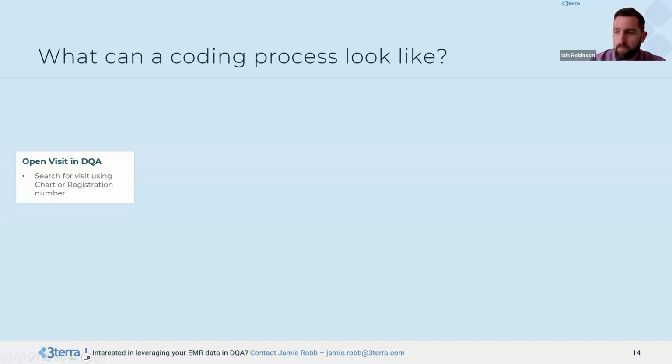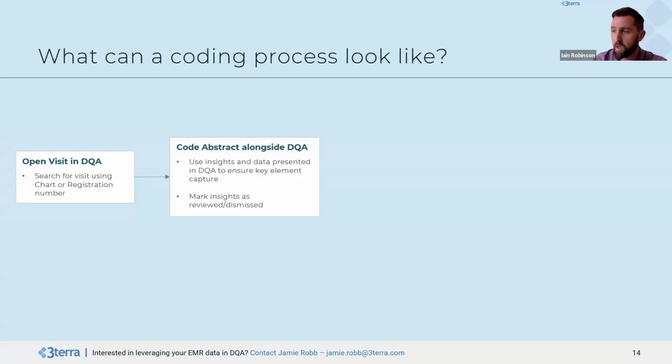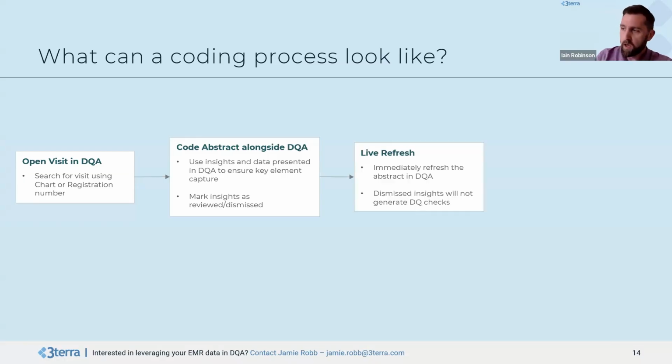This is the coding process that would change slightly in the way that I described, where you open the visit in DQA, you code the abstract alongside DQA, use the insights and data presented in DQA to make sure that the important things are captured, and then just mark things as reviewed or dismissed as you need to, to reflect that in the system. Then you can live refresh, immediately refresh the abstract in DQA. You'll get any of the